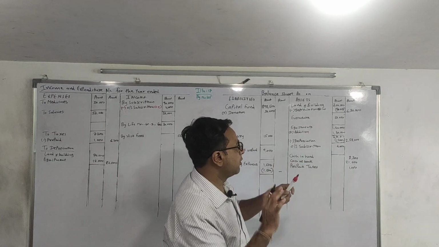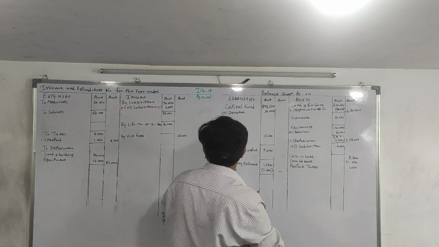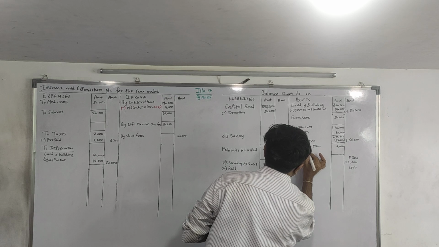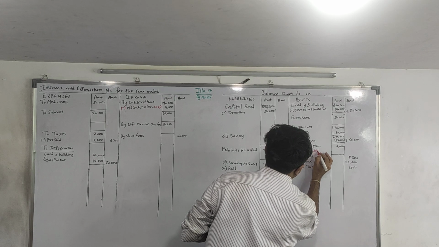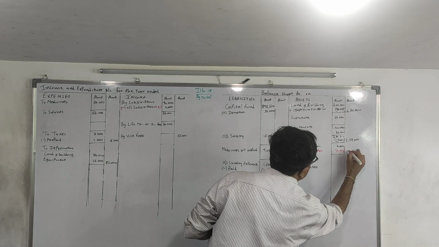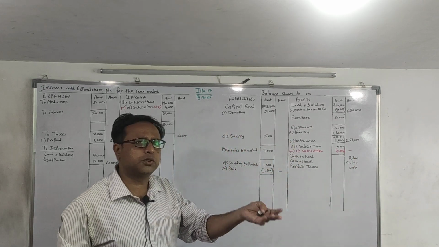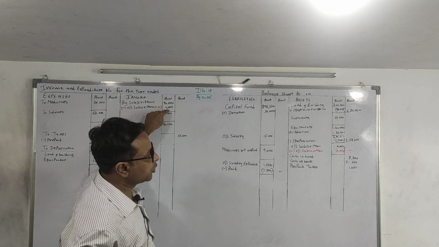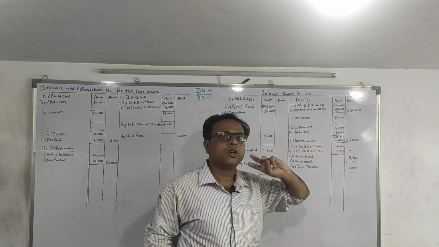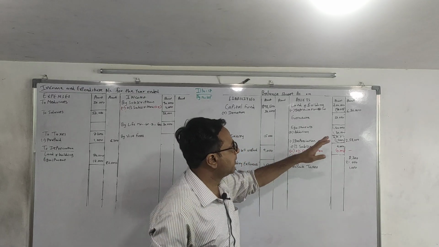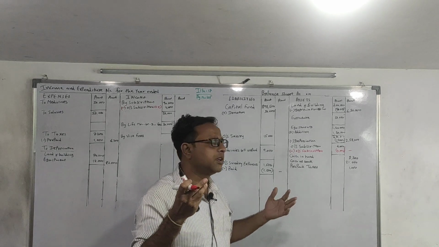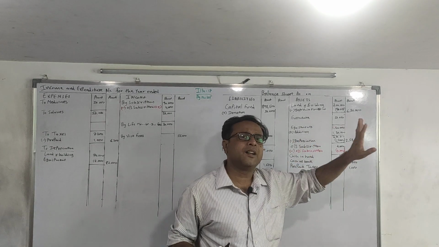You have received the entire 4,000, so in outer column it is dash. Outstanding subscription. If suppose you have received only 2,000, so over here we will write 2,000, over here we will write 2,000, and in outer column it will be 2,000. So your last year subscription of rupees total 4,000, 2,000 you have received in current year, 2,000 is yet to be received, so it will be continuing in my balance sheet.